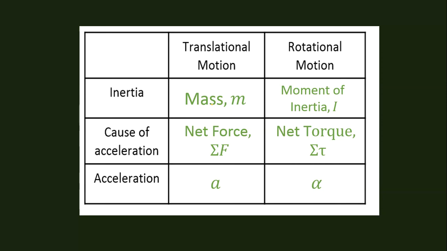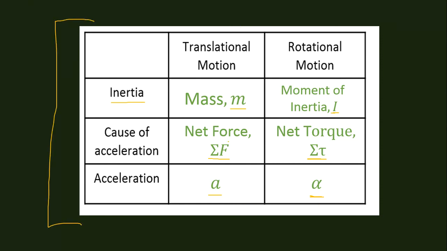chapter for rotational dynamics. So we've talked about translational motion. Objects have inertia, which we measure using mass. Objects can experience a net force, which will cause an acceleration. Now, there are rotational analogs to all three of those things. The rotational version of inertia is moment of inertia, I. The cause of acceleration that we just went over is going to be a net torque, sigma torque. And then objects can also experience an angular acceleration, alpha. It is a good idea to just have these analogs in your brain as we move on to Newton's second